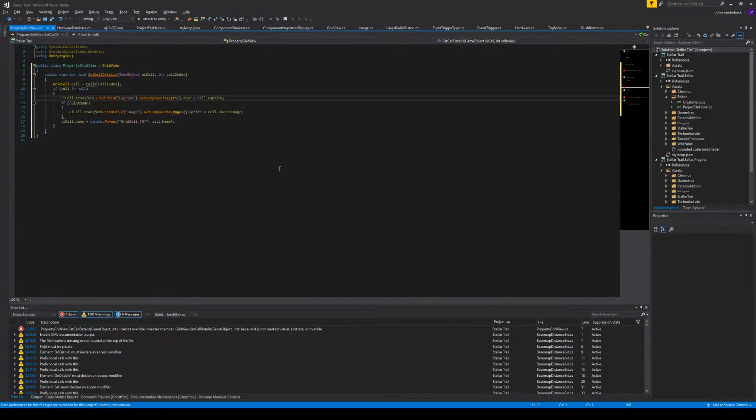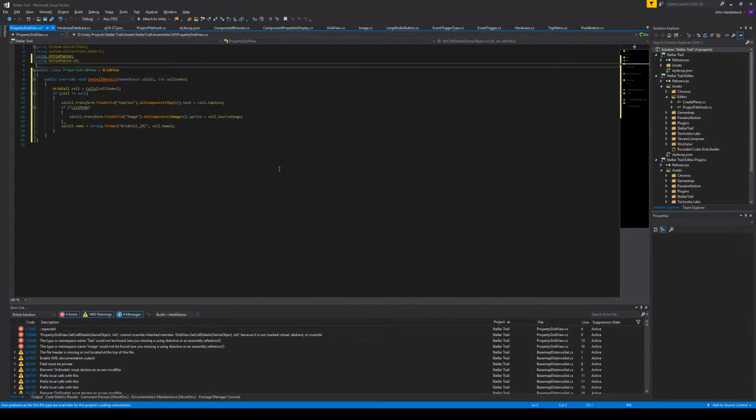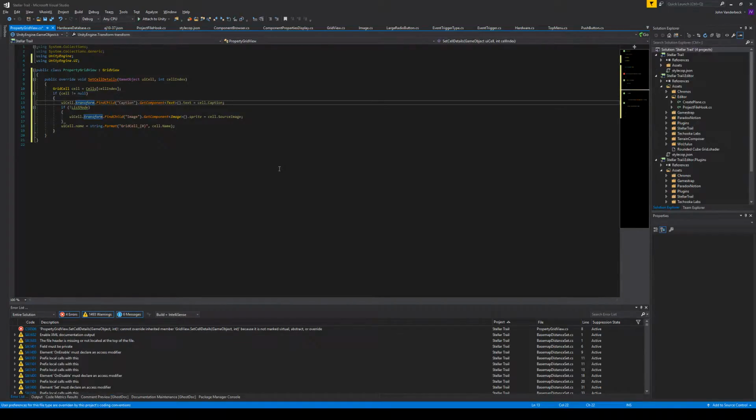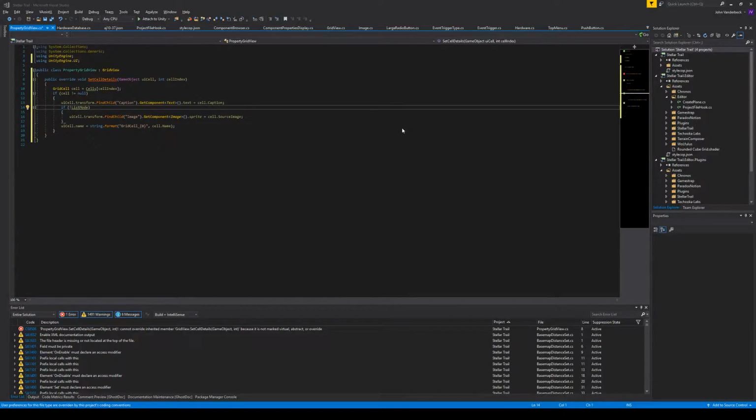Okay, so we're going to get the cell, and we want its. Right, I'm missing using UnityEngine.UI. Okay. Right. So first off, I need to know what I'm looking at. So we've got a value and a key. Right, so